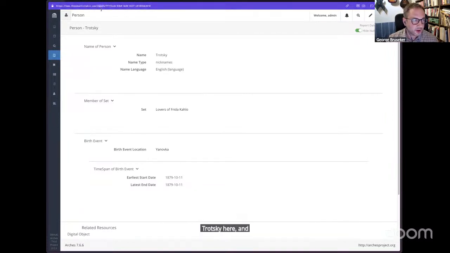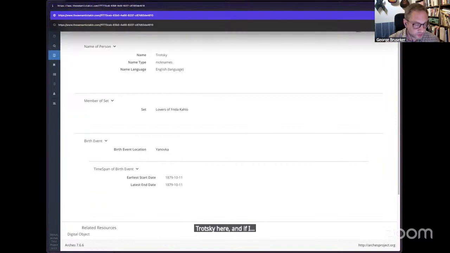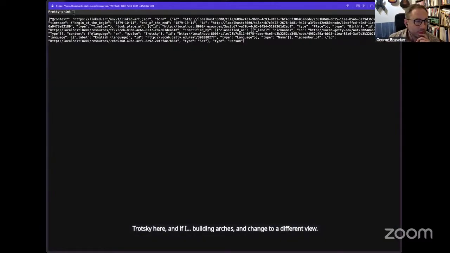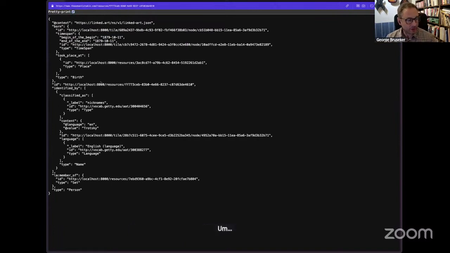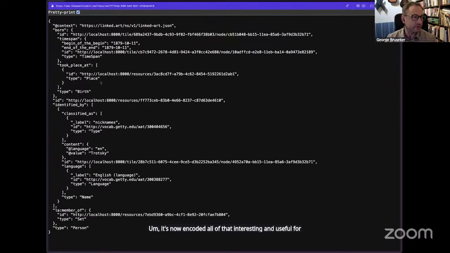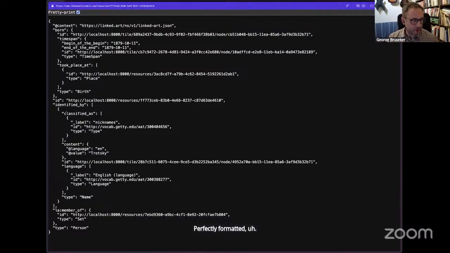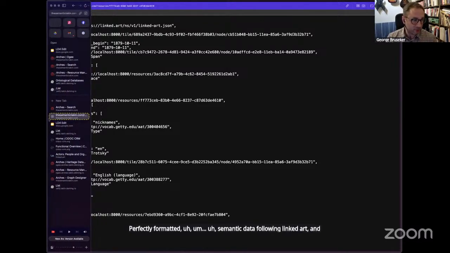And if I go in Arches and change to a different view, it's now encoded all of that interesting and useful information for developers in JSON-LD. So it's all perfectly formatted, semantic data following Linked Art, and we didn't have to know anything about that.